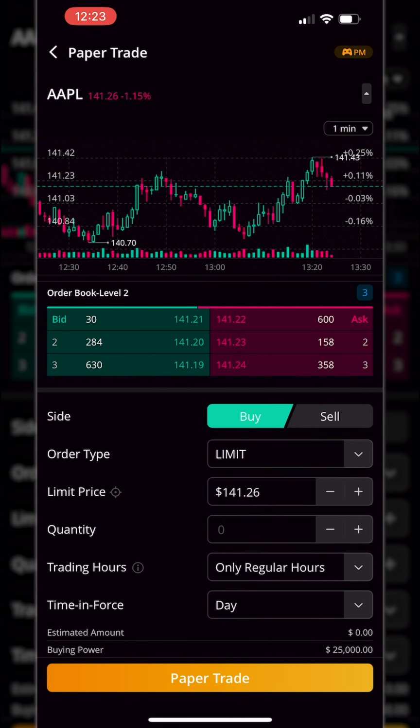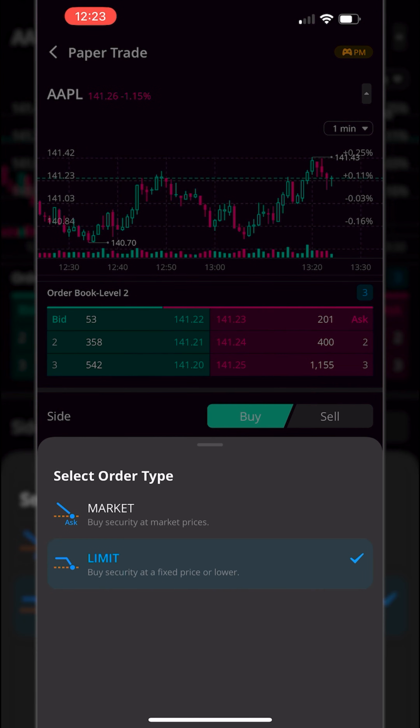So for this very first example, let's say we wanted to buy 5 shares of Apple with a market order. So beginning at the top and working our way down, I'm going to leave this button marked buy because I do in fact want to buy the stock. I can then come down below that and specify the order type, which is currently marked as a limit order. But if I were to click on that, I do have the ability to flip it over to a market